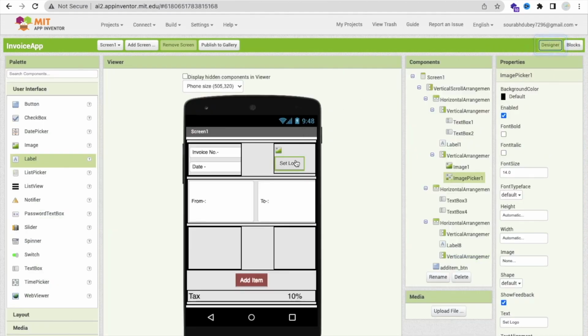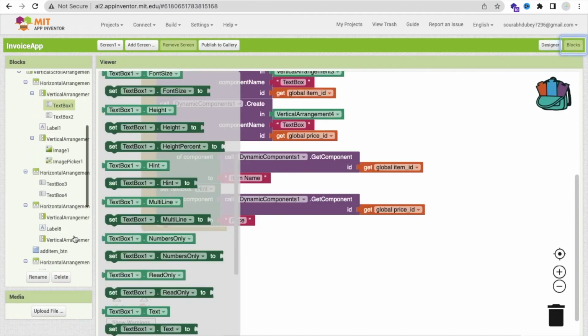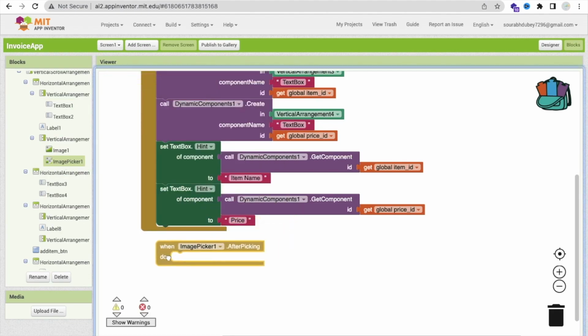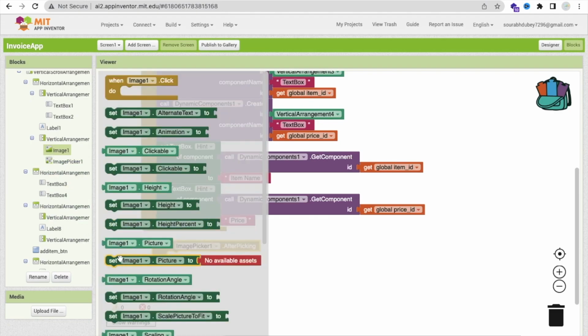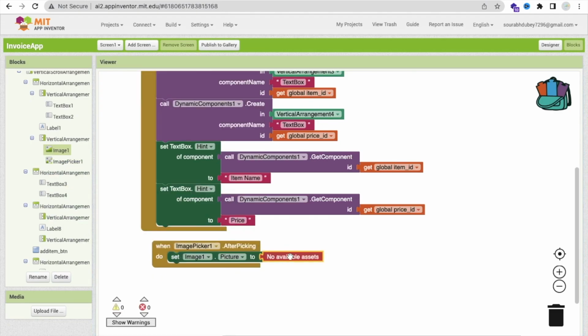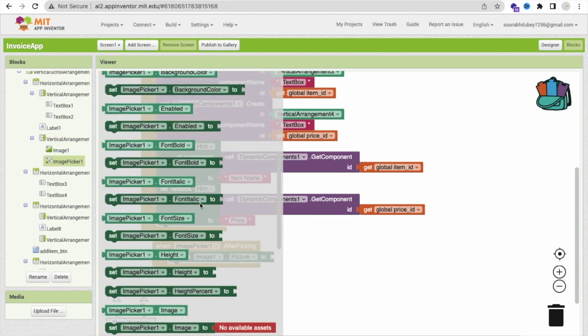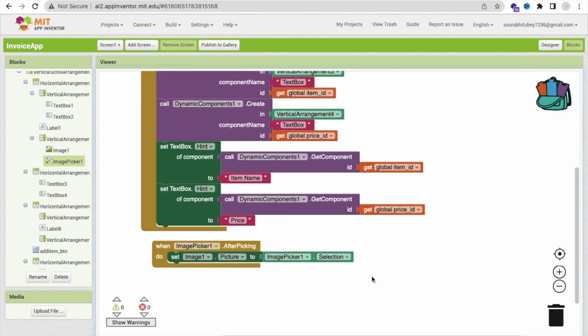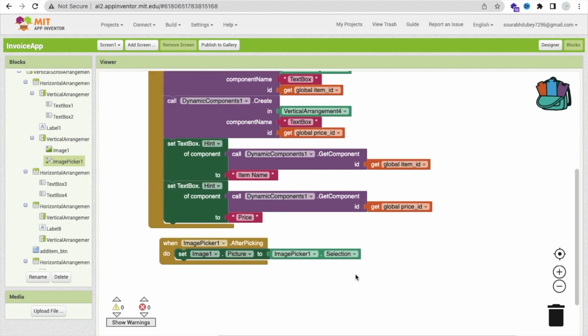So you see, whenever I click on set logo image picker, we have to set our image. Okay, so go to the image picker, you will find your image picker. So whenever we click on the image picker, after picking the image, we will set that image one dot picture. You will find here this one, and just delete that and click on image picker, and you will find the image picker dot selection. Where is this dot selection? This one. Call it here like this. Cool. Now that we have created the 2 text box dynamically, we have set the logo,